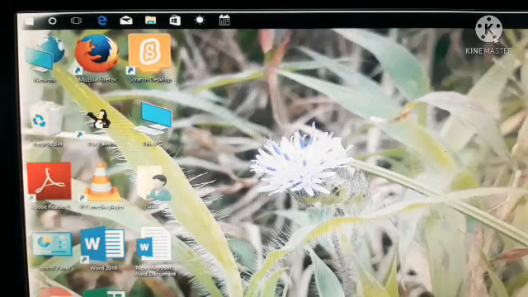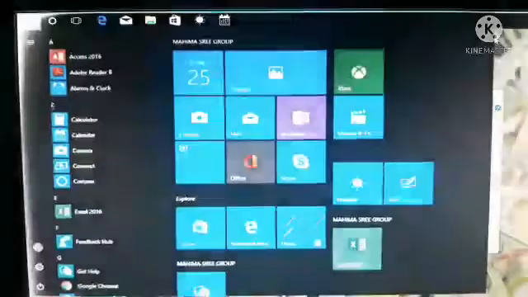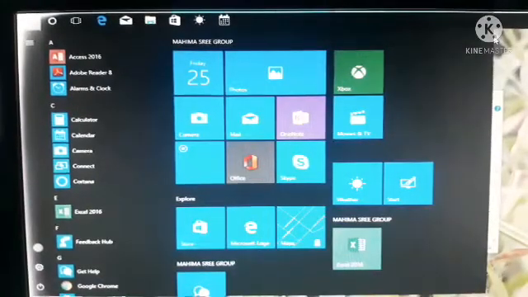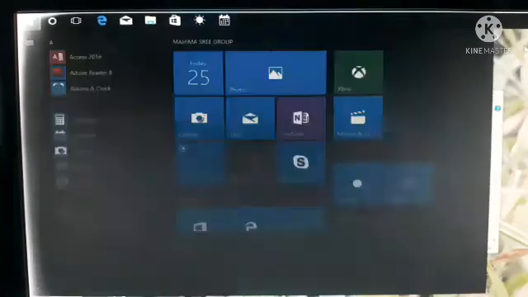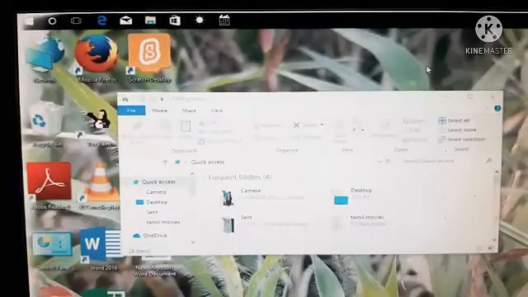If you press the Windows button and at the same time press the E button, we can see the File Explorer. This is the File Explorer window, it will open.